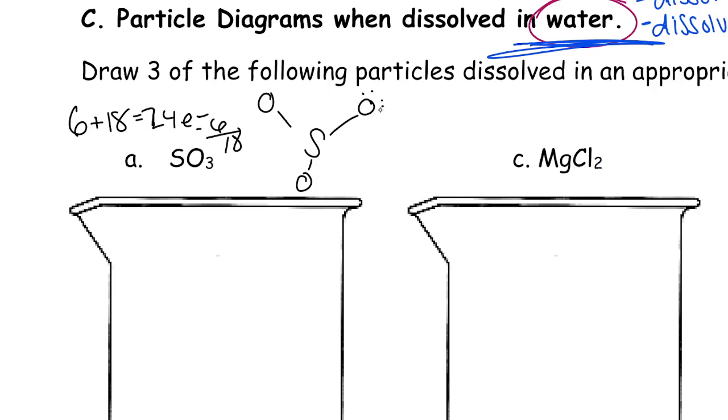1, 2, 3, 4, 5, 6. So I used all 18 of my electrons, assuming that there are no exceptions to our octet rule in this case. Because remember, sulfur can have exceptions, but if we assume that there's not an exception since nothing is listed,